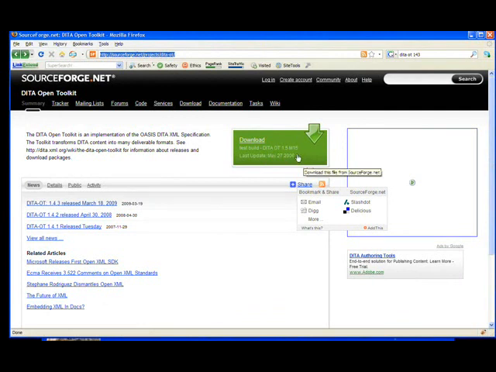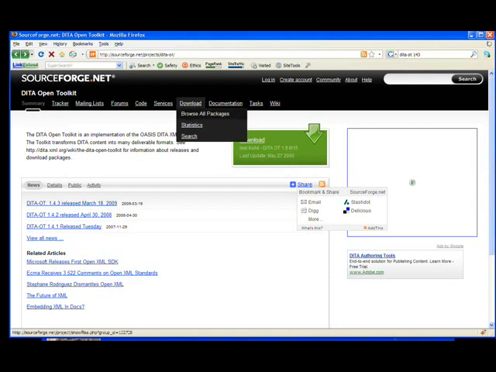So from SourceForge, we're at sourceforge.net projects DITA OT. And there's a green box for downloading the test or the beta of the DITA OT 1.5. If you're brave, you can go do this. But if you just want to do normal production work, you probably want to go to the download